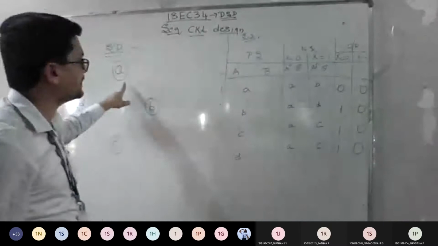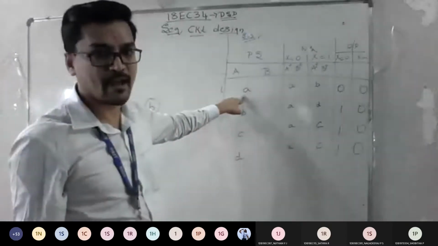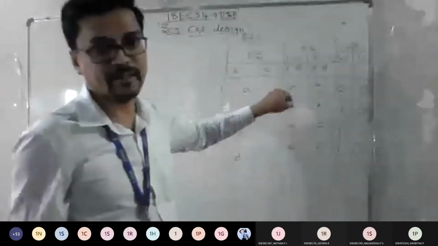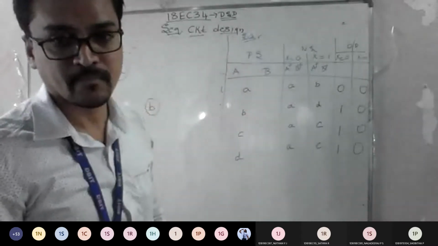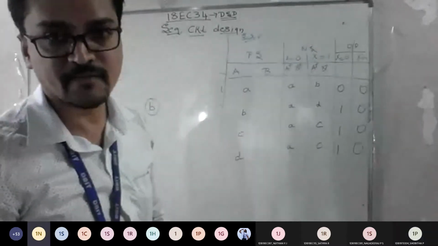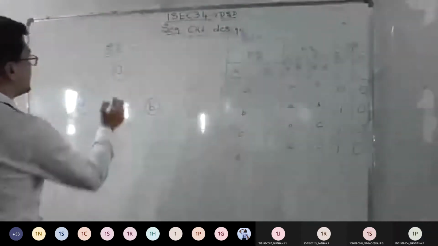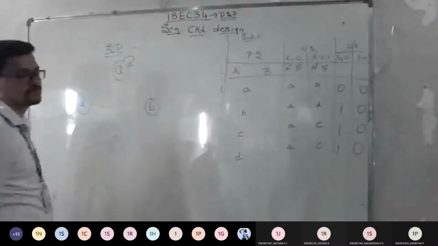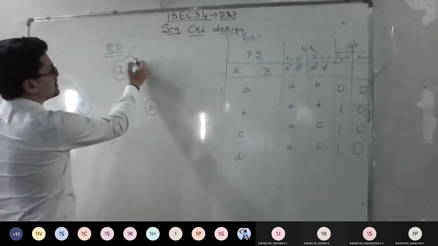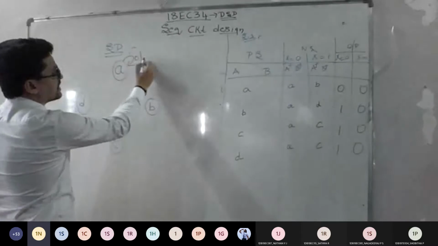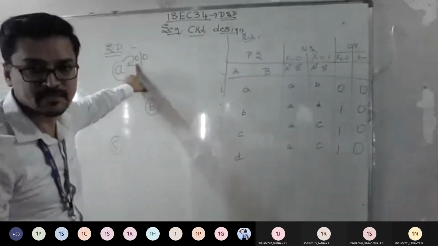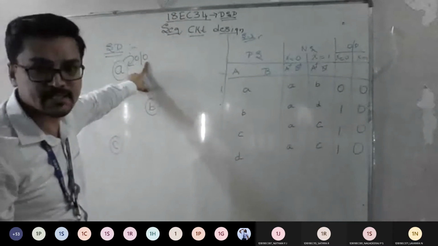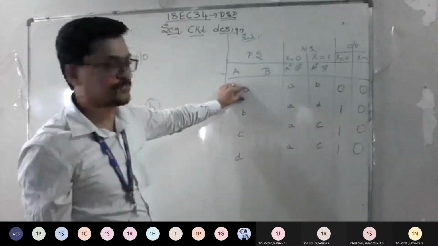Now at A, present state is A. So if input is 0, I am in which state? I am in the present state only. Yes or no? So what is the meaning of that? It goes to itself. So can I designate this with an arrow mark like this, itself? What is the first input here? 0. What is the corresponding output? 0. So what does this indicate? I hope you got it right. The first 0 indicates the input, the second 0 indicates the output. So we are finished for A.